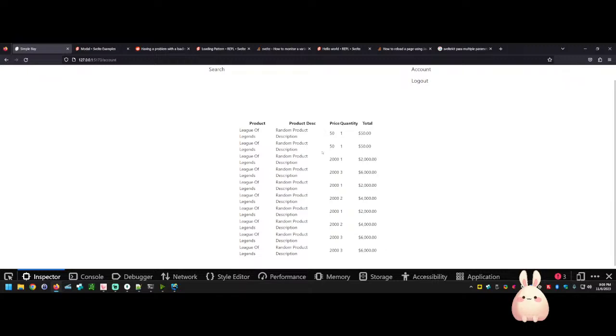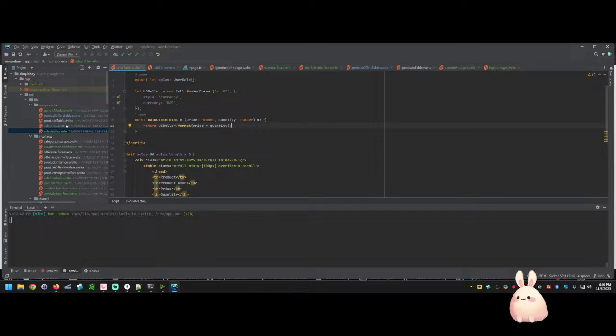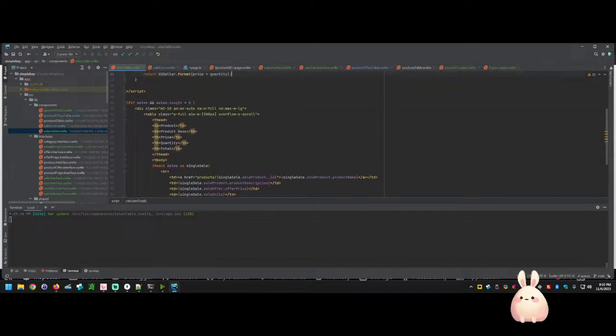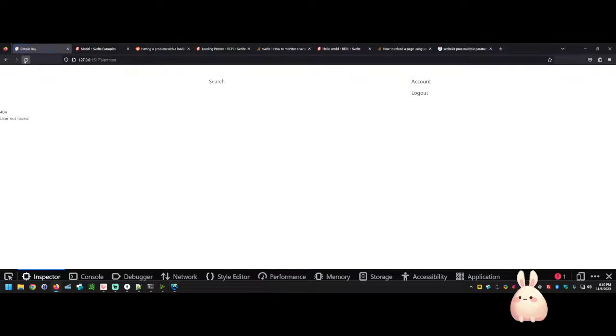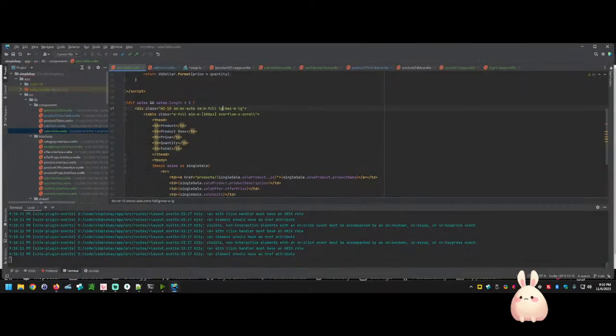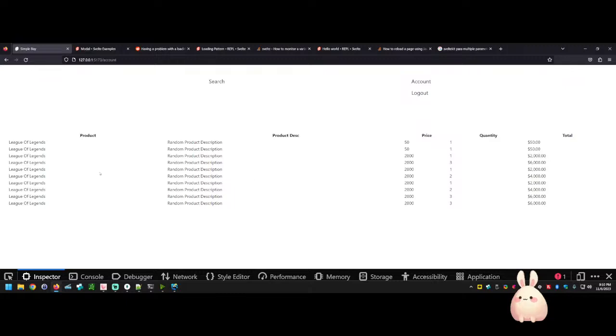Still really jumbled. There's the product, our product description, our price, our quantity, and our total. It's still so tiny. I don't like that at all. Let's do medium. Let's do that. And then here, nope, I don't like that either. Let's just delete it. It's super wide though, way too wide. But it's a little bit better. It's still super wide, but